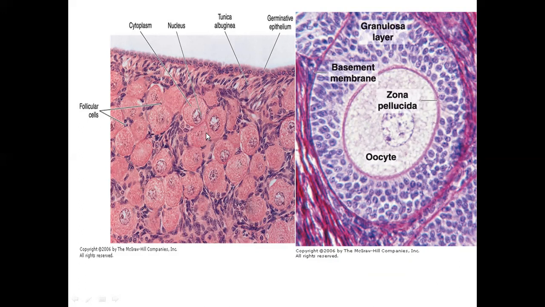So these simple squamous follicular cells plus the oocyte will be collectively termed a primordial follicle. But on the right side, you can easily now distinguish that the oocyte is surrounded by the zona pellucida, a fully developed proteinous layer, which is separating it from the neighboring granulosa cell layers. And why is it a granulosa cell layer? Because it is present in a multiple layered arrangement. As long as the follicular cells remain in a single layer, whether in a unilaminar follicle or a primordial follicle, their surrounding cuboidal or squamous cells we will always name follicular cells. And here we name them the granulosa cell layers, resting on the outside on a basement membrane.